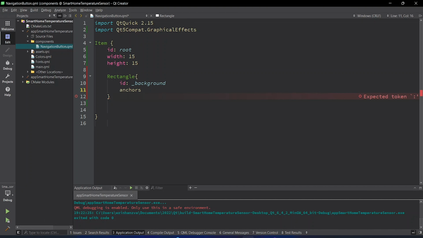It's going to fill the parent, right? Fill parent. So now I'm going to add a radius. It's going to have a radius of width divided by 2. So this is going to be a circular